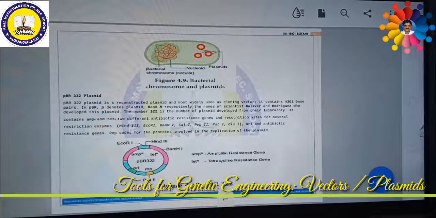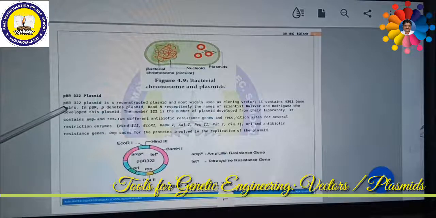pBR322 plasmid. This is a reconstructed plasmid. That means this is an artificial plasmid. It is not a natural plasmid. It is a reconstructed plasmid which was produced by scientists Bolivar and Rodriguez. This plasmid is most useful in regular recombinant DNA technology. So in this